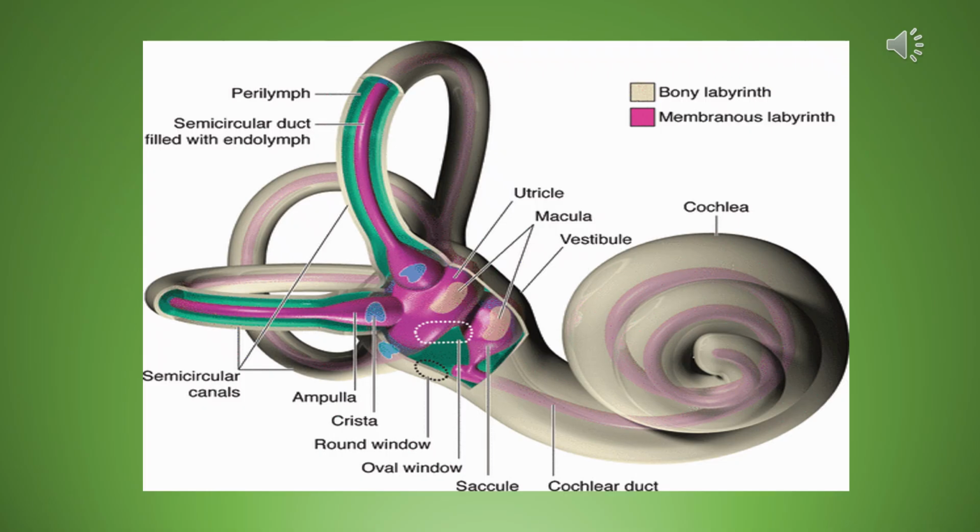Our innervation here is the vestibular nerve. The vestibular nerve runs along with the cochlear nerve, so we just call that the vestibulocochlear nerve. It is cranial nerve number 8. The cochlear nerve goes to the cochlear nucleus of the pons. The vestibular nerve will go to the vestibular nucleus of the pons. Two different senses. The 2 nerves just happen to travel together, so we call them the vestibulocochlear nerve.